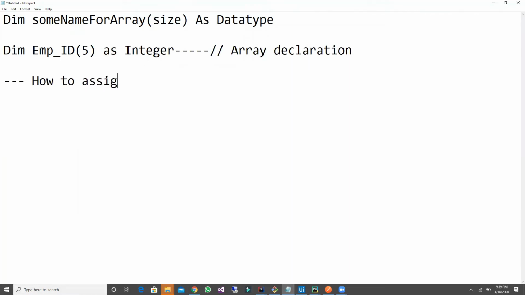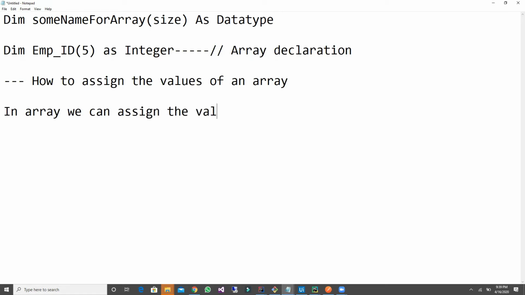So now we'll see how to assign the values of an array. So now how can I assign? In array, we can assign the values at their respective index.